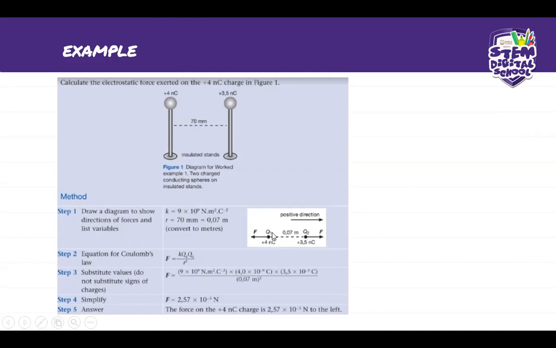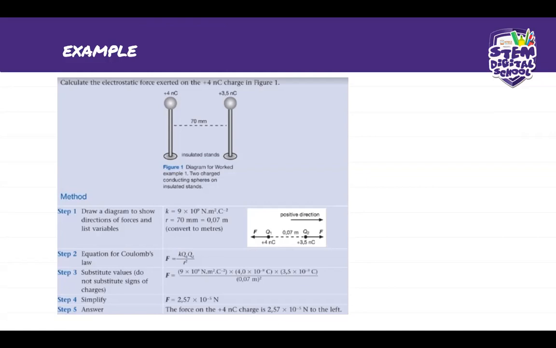Hence, you see the diagram is showing the direction of the forces going in opposite directions. Okay, and this is your distance between them, and you need to state your charges as well. I need to state which one is your positive direction. Okay, so now that we have our force diagram,